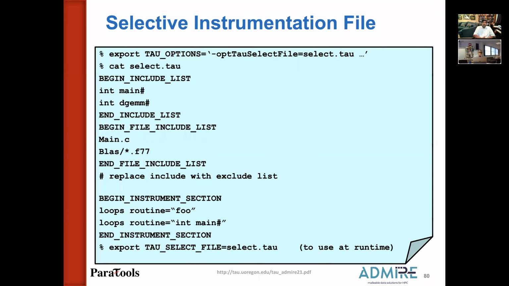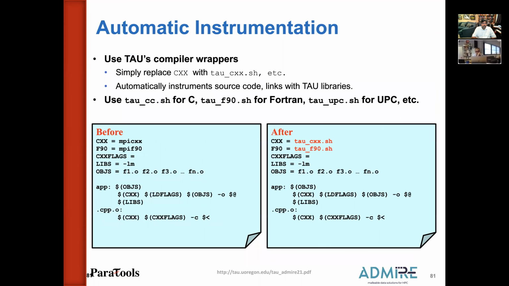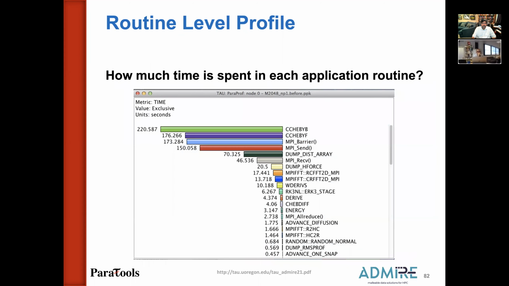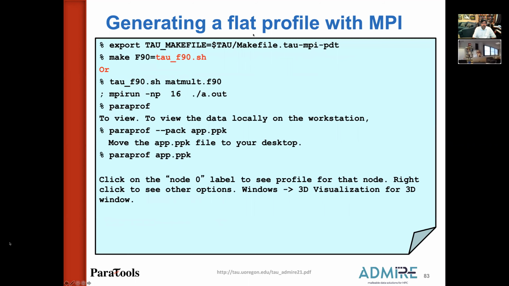When you narrow the focus of your instrumentation using sampling, you may want to do more detailed instrumentation at the source level. And you can use this selective instrumentation file. Here is how you can just substitute the MPI compiler with the TAU compiler scripts, and then generate the profile files. Here is a routine level profile. This is how you can set the TAU makefile. Just say make F90 as tau_f90.sh, and then it will compile your code, or you can use the tau_f90 like this, and then run the